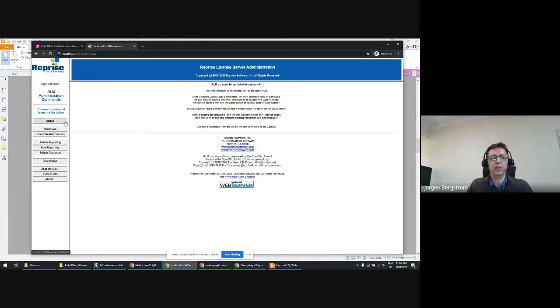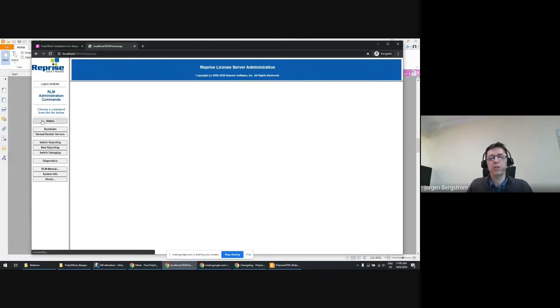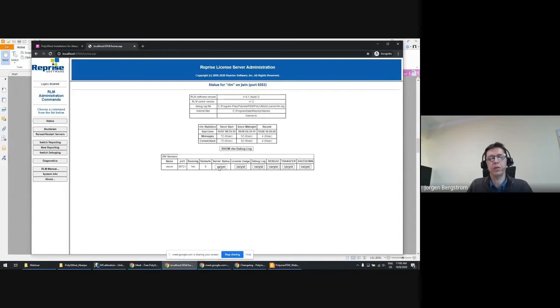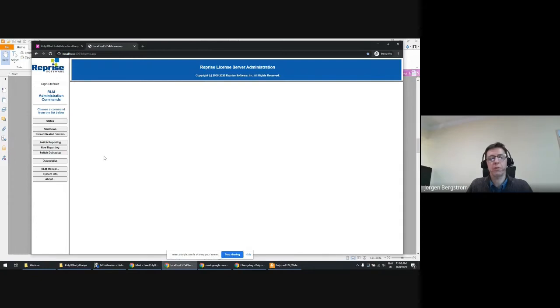So if you want to know if your license server is working properly, what's going on, how many licenses are in use, I will go to this web page, localhost:5054, and replace localhost if you're running the license server somewhere else. And click on status, and then under server status, you click on that button, and you should be able to see... somehow it's a little slow today. Let's see if it's coming. It should show you